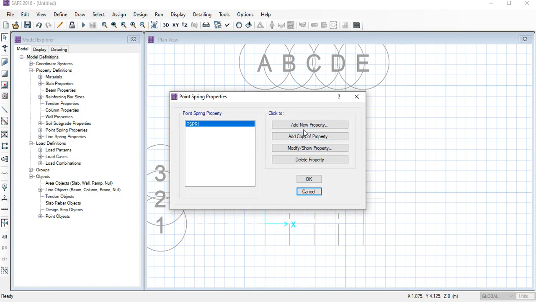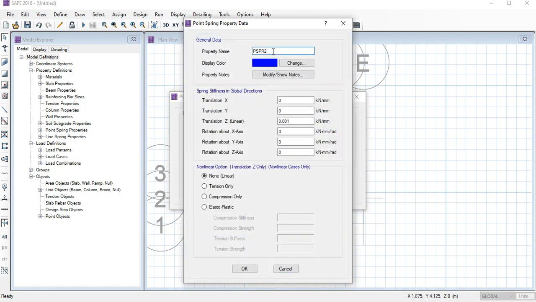Here we will add, and you can give any name. We will give the name pile cap, and here is the linear translational Z linear. So I have taken the value, I will put 477.87 like this, and we will use 10% of this value here, 47.787.